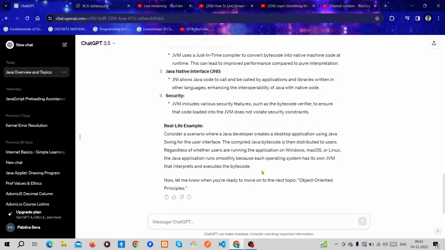The bytecode is run by their JVM, which is different for every system or platform.